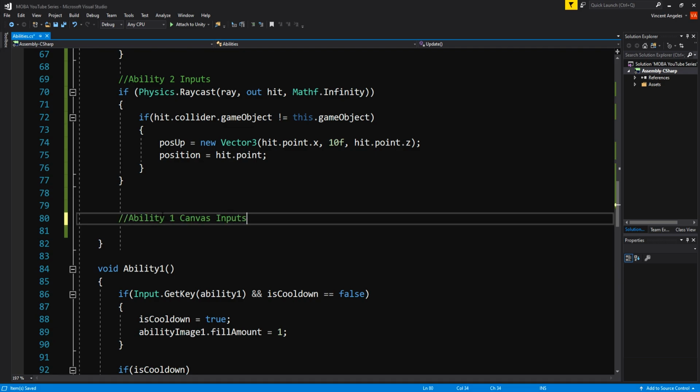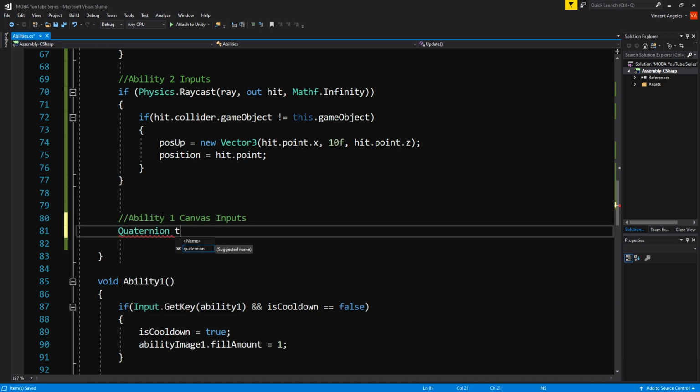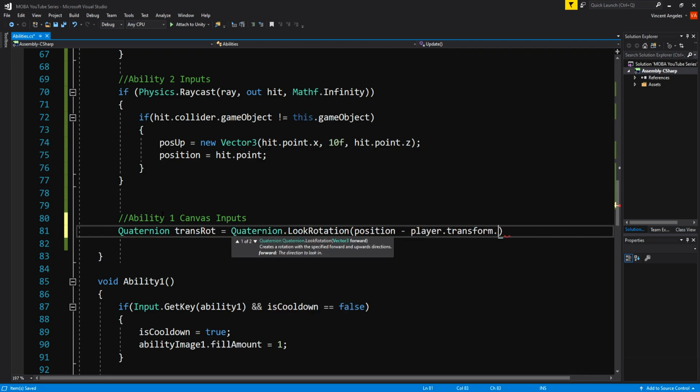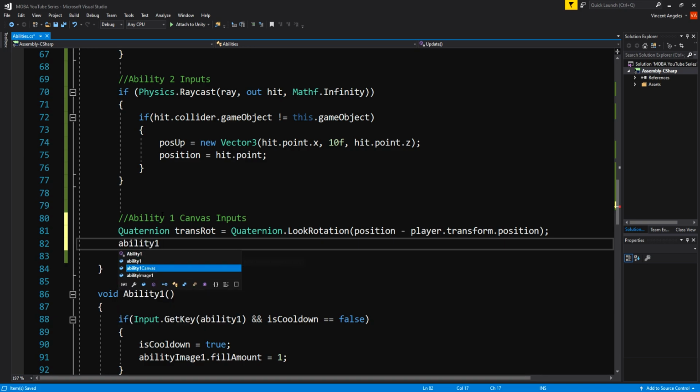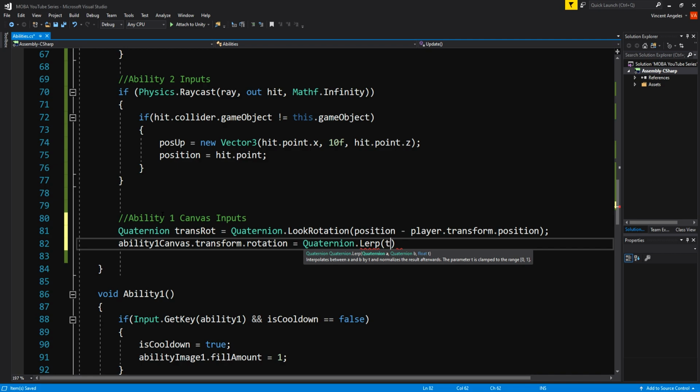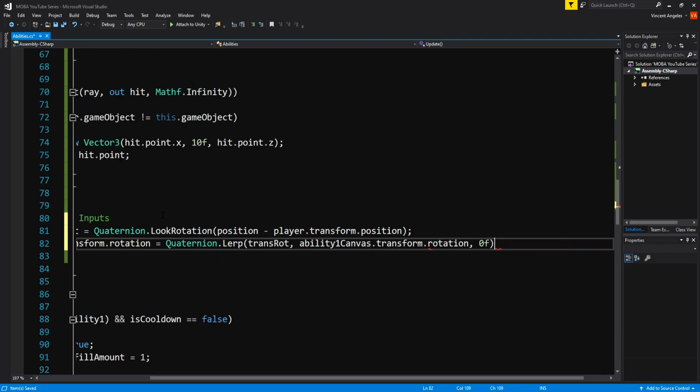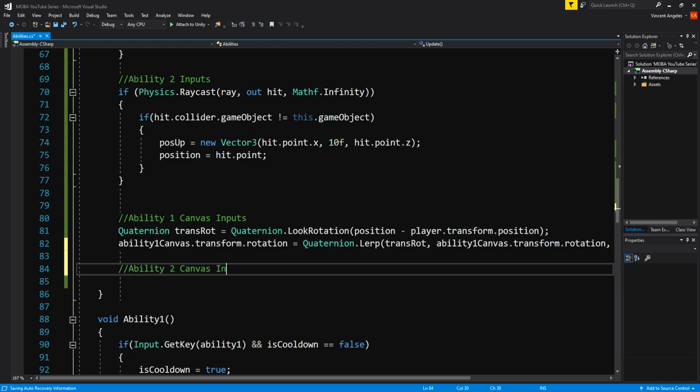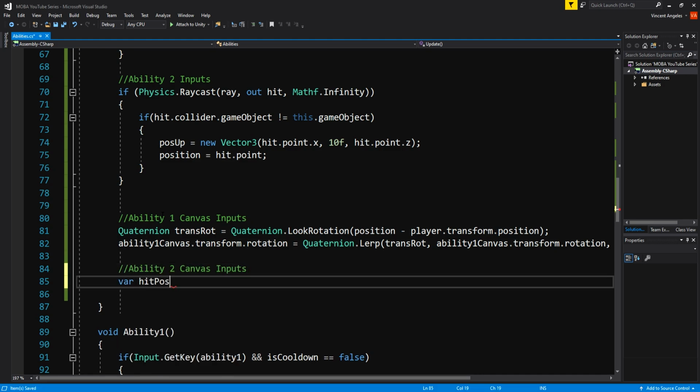Now it's time for the canvas inputs. First, write Quaternion transRot equal to Quaternion.LookRotation and store position minus the player.transform.position. Have the ability1Canvas.transform.rotation equal to a rotation Lerp where you store transRot, ability1Canvas.transform.rotation, and a float 0. For the ability 2 canvas input, write a variable called hitPosDirection which will equal hit.point minus